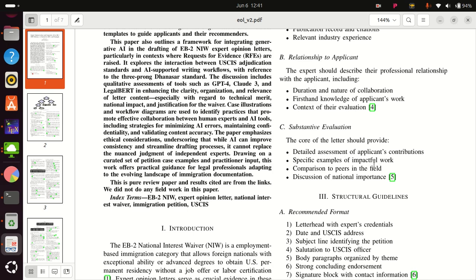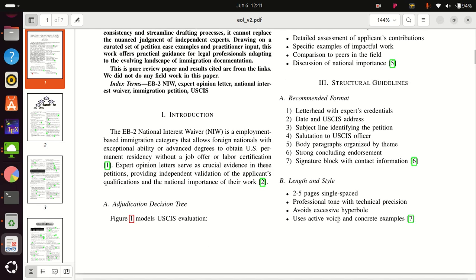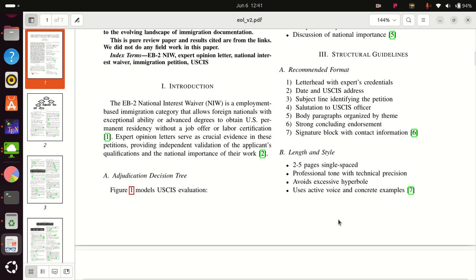So the relationship to the applicant is none, and they should always specify that. This goes on the top, stating that you have no relationship, and you can also write a small affidavit at the end that you have not done any work and you have not interacted, and this is a completely independent evaluation. This evaluation starts with the applicant's contribution, how the work is impactful, comparison to peers, and national importance, based on whether it is NIW or EB1A. Remember, if you don't use proper credentials, or don't use date and signature in pen, you might get an RFE.